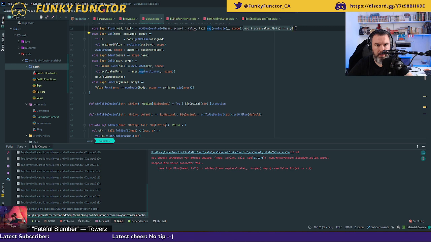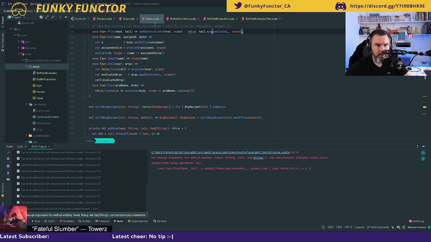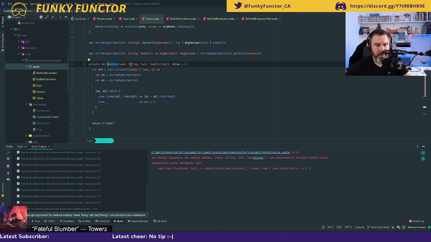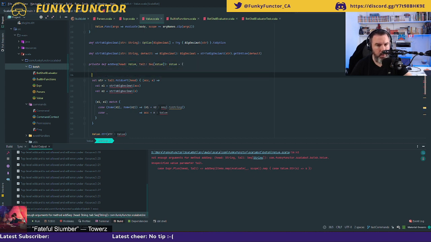Let's think. Yeah. So add sequence, and instead of a string, I have a value, and instead of a tail, I have a tail of values. Okay, so that is going to break, which should be okay.